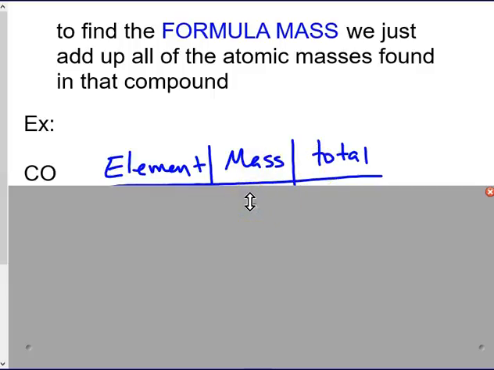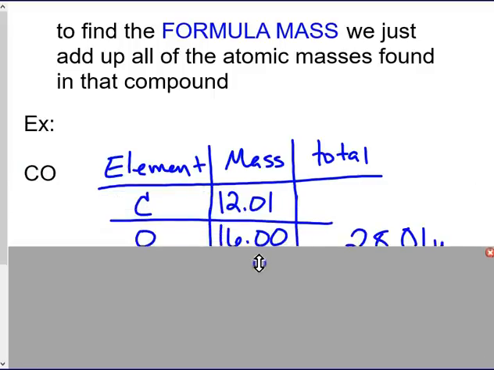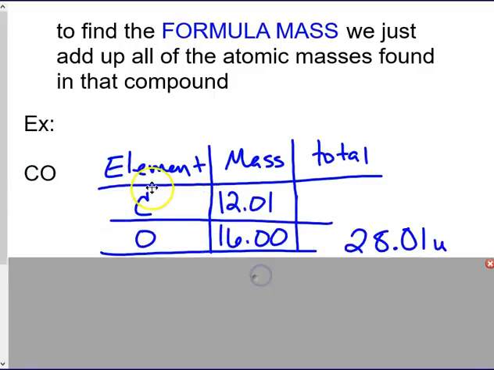So for example, carbon monoxide is 1 carbon and 1 oxygen. So my chart looks like this, where I say carbon has a mass of 12.01 and oxygen has a mass of 16.00. I add them together. Carbon monoxide has a total mass of 28.01